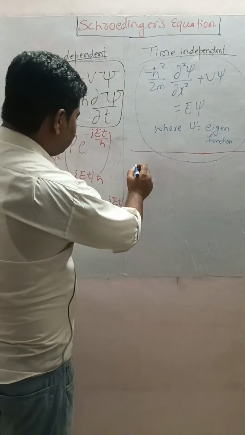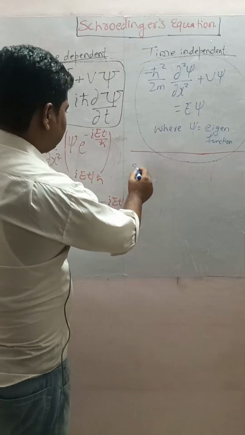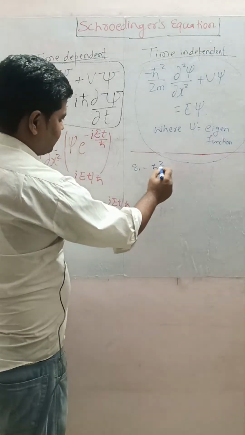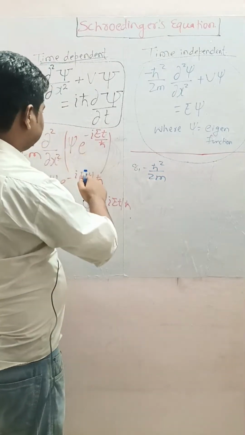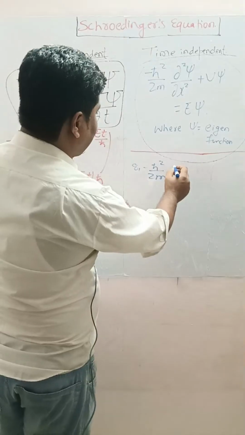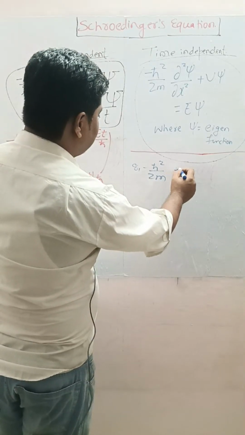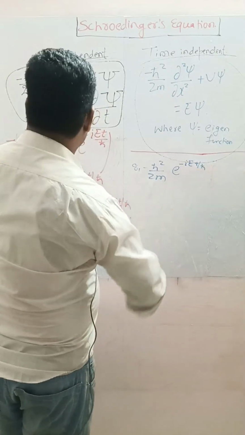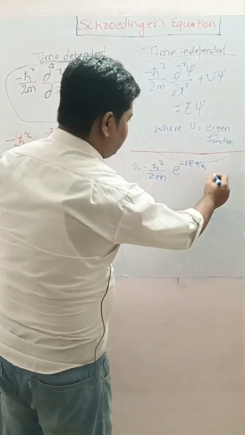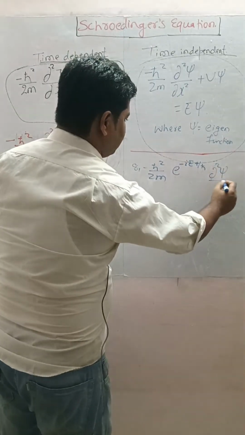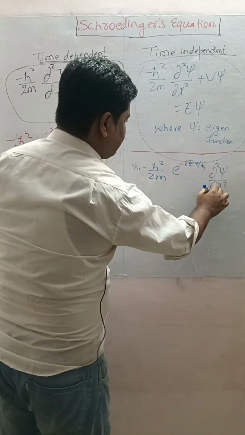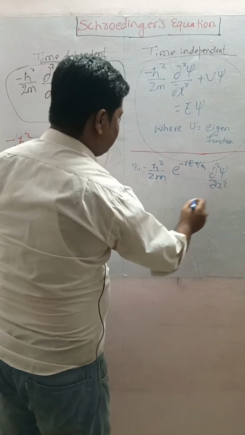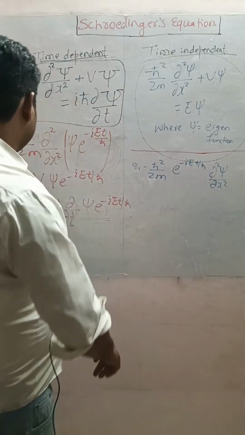And after two differentiations, from here we'll get this: e power minus iEt by h cross, and C. This, plus